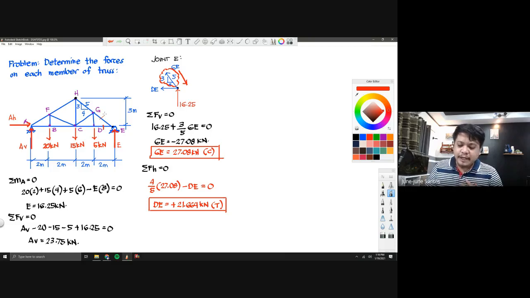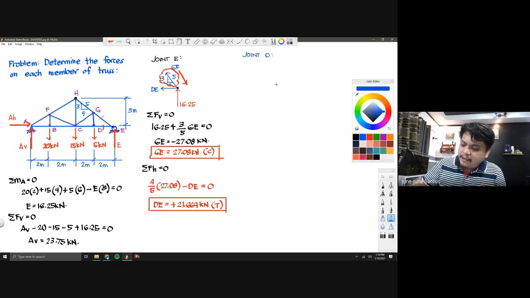Okay? So, pwede ka na ngayon mag-move. Hahanap ka ulit ng joint na kung saan maximum yung dalawang unknowns. Check natin at point D. So, point D, ilan yung meron sa kanya? Isa, dalawa, pangatlo yung DE. Kaya lang, alam ko na yung value ng DE. So, minus 1. Dalawa na lang yung unknown mo. In short, pwede na akong pumunta at joint